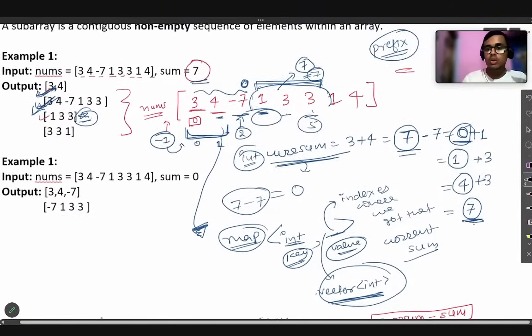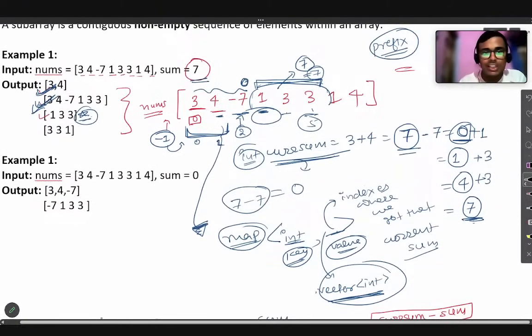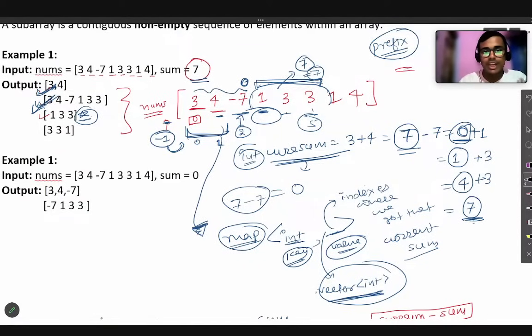Now when you come here, minus 1 is here, so minus 1 plus 1 will be this index. So we start from this index and go till index number 5. This is one subarray, from 0 to 5.